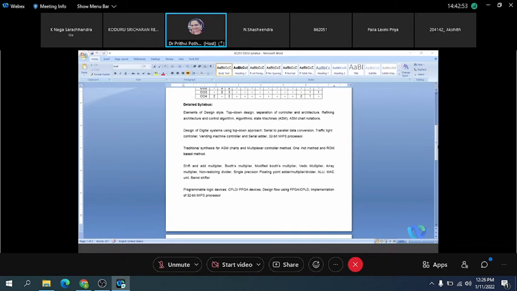Many approaches are there. One more question: in the synthesis of your combinational designs or sequential designs, what are the rules that we have seen? Do you remember them? The rules of synthesizing combinational and sequential. What was the first step in combinational or sequential?